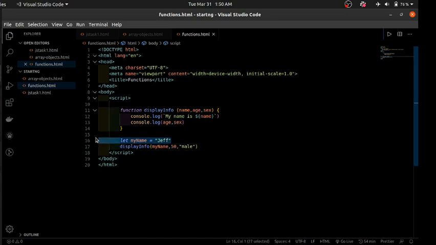So this is like the basics of functions, how to declare a function, how to execute or call the function. This is just one way of declaring a function. You have function expressions, you have arrow functions, though we won't go into those, but you can read up on that later. Then one more thing, a function is able to return a value,